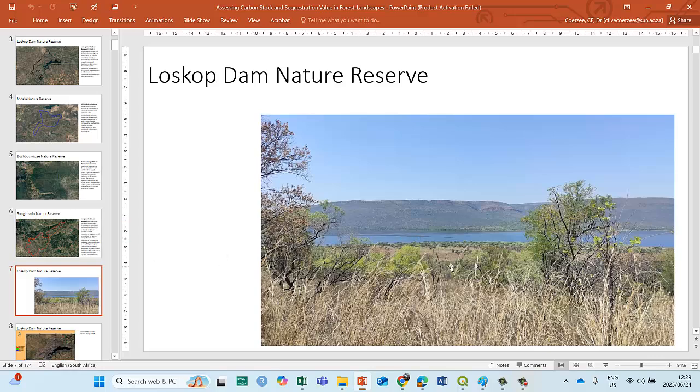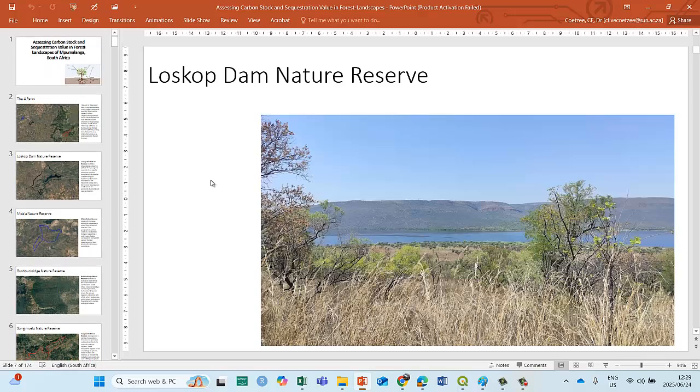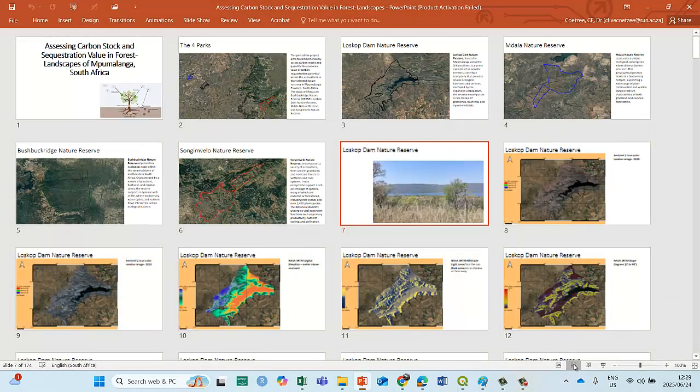You can see it's typical bushveld, shrubs, savanna type of layout, big dam, mountainous area, etc. So, a little bit of an idea of the 4 reserves that we're working with.